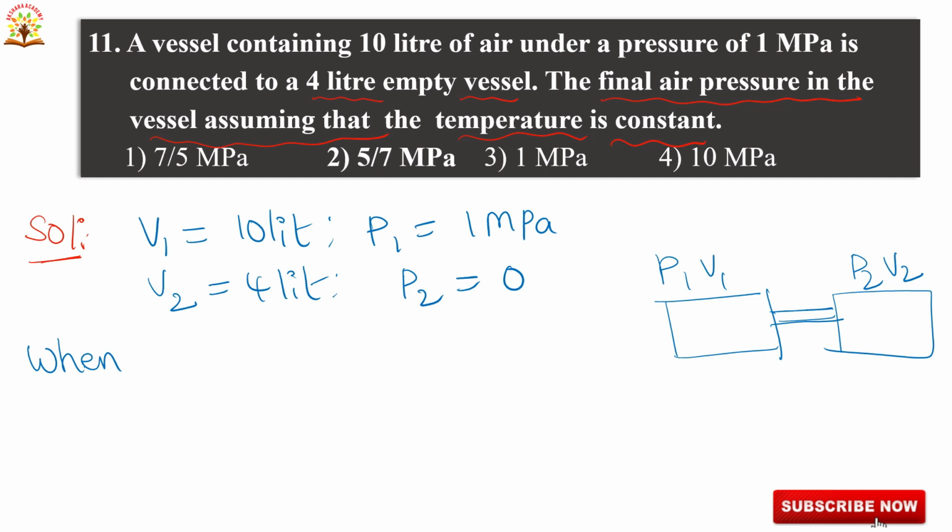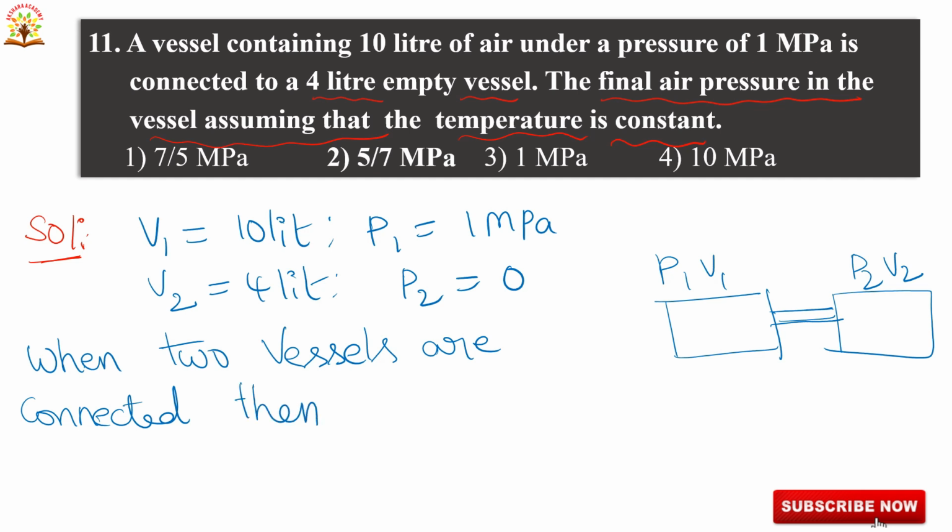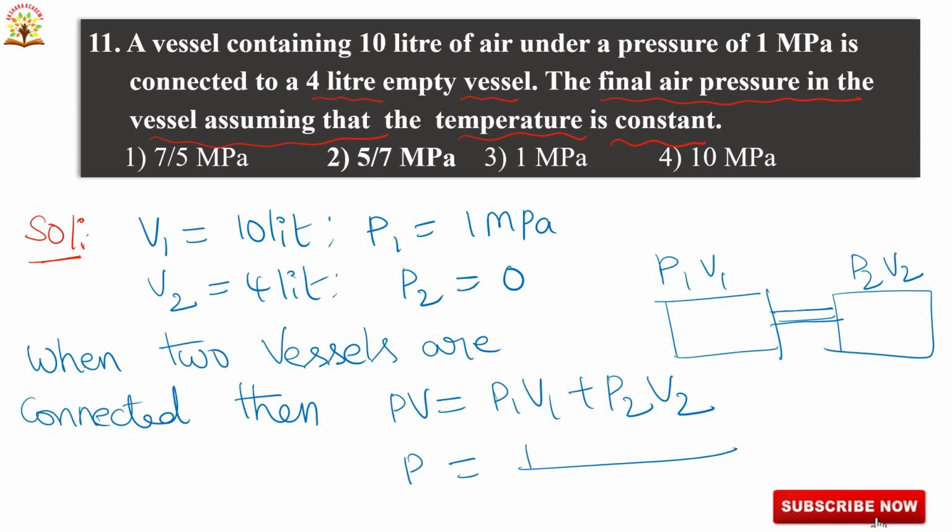When two vessels are connected, then PV is equal to P1 V1 plus P2 V2, or P is equal to P1 V1 plus P2 V2 by V. So now substituting values, P is equal to